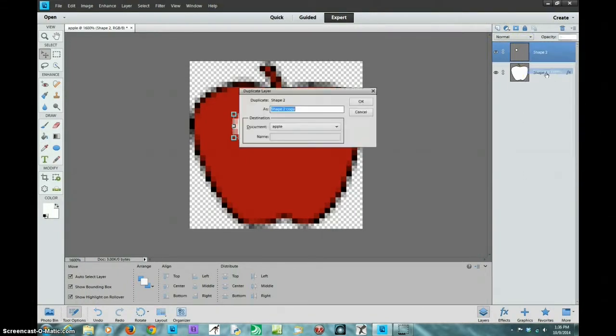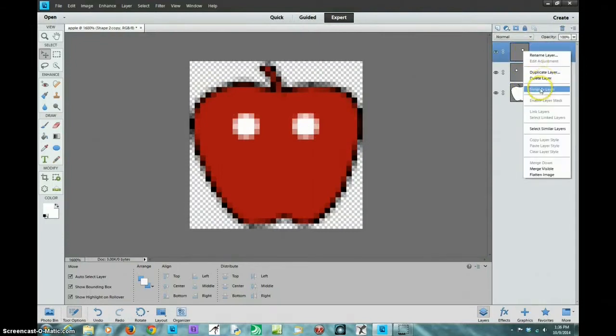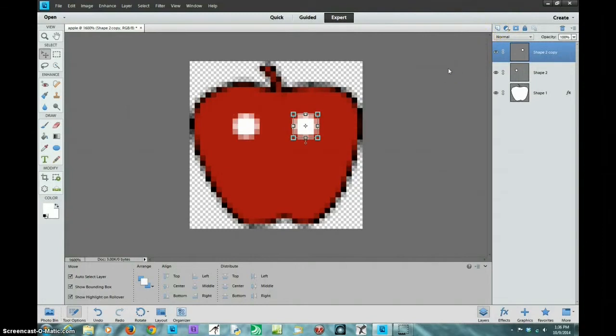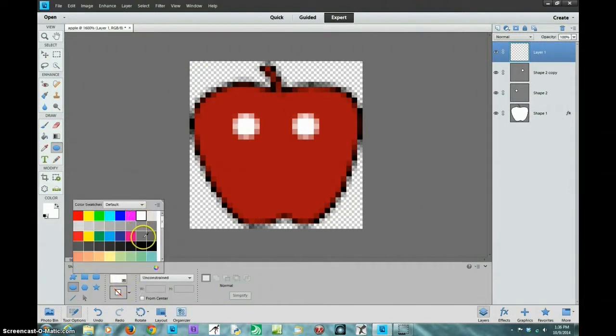So I can duplicate that layer, and then what's going to end up happening is now I can drag that over and position that. So I'm going to make a new layer, and what I'm going to actually do now is make some eyeballs. So let me click off that. Got a new layer going on. I'm going to come back over here, but I'm going to change this to something darker. So we'll just pick black. And then I'm going to draw